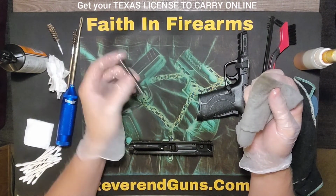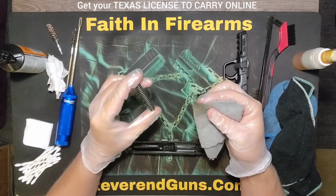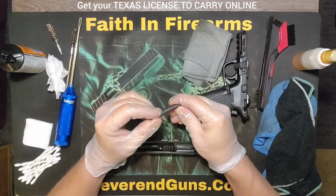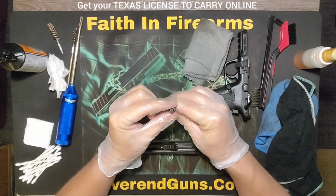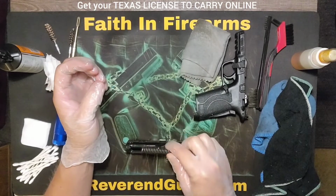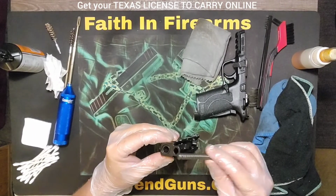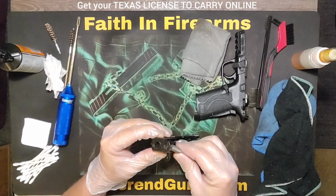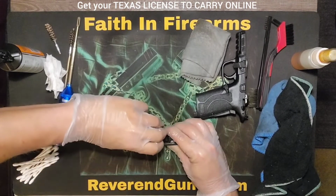You've got, well, the guide rod. I mean, that's up to you. I really don't do the guide rod in this case because you don't want a bunch of debris to build up in there. So to put this in, there's a big end and a little end, and it's kind of oval. It's that way intentionally so it'll fit one way or the other. It won't allow you to do it in any direction into the guide rod spot here. So if you look at it, you want to line it up with the same oval you see there. And then on this end, you will pull this back